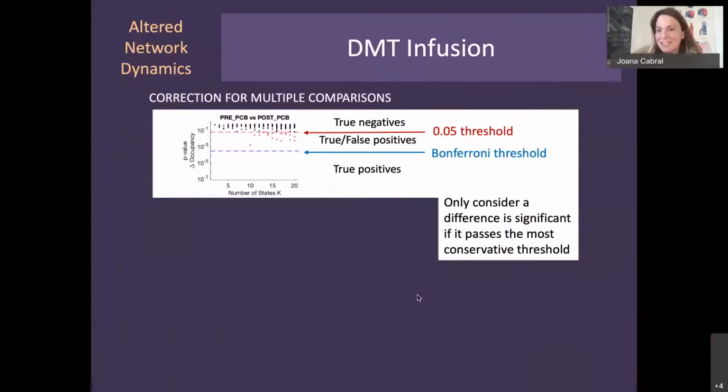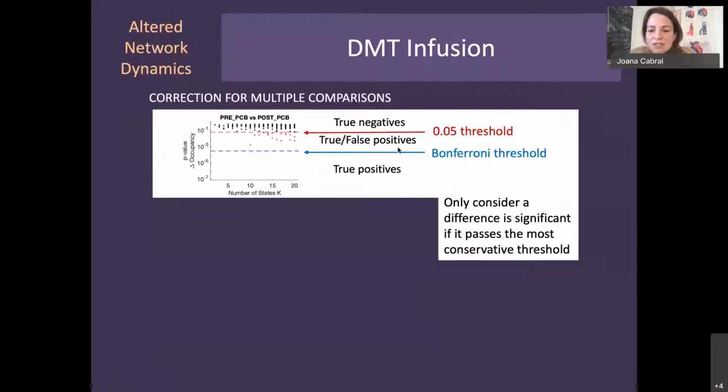Also here, maybe people may be wondering, what about corrections, statistics, multiple comparisons? So here in the DMT, we are really using a Bonferroni threshold. What this means is, if I compare the occupancy between before and after placebo, this is the p-value. The red line here corresponds to the 0.05 threshold on p-values, comparing pre versus post placebo. This is the number of states that we consider. We can choose 5, 6, 7, 8, 9, 10, but irrespective of the number of states that we choose, nothing falls below this blue line,